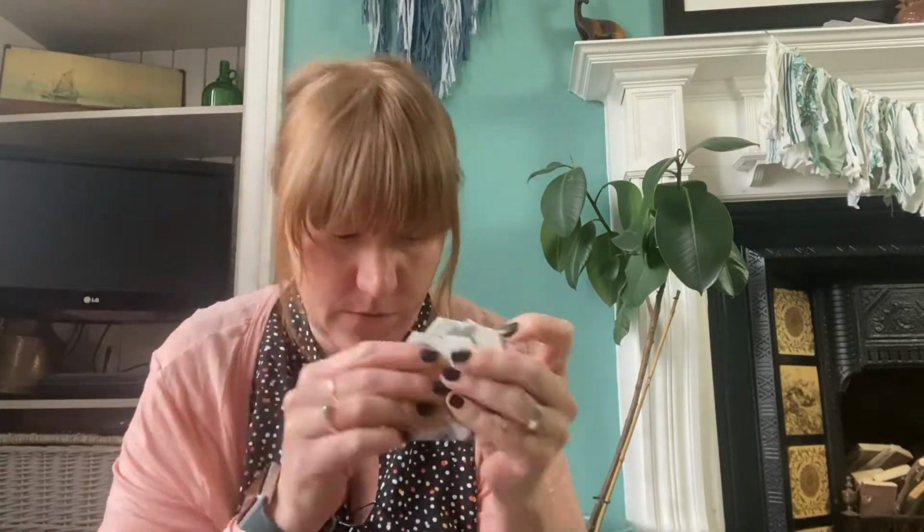And then the rest of what is here is, so there's some loose, a lot of these loose basted hexagons, right? So this is the English paper piecing, right? So you either glue or you baste the fabric around the paper in order to get that crisp edge, and then you hand sew them together. So I'll have to finish those off. There's quite a few, so just don't know that I'll count them here, but there's quite a lot in